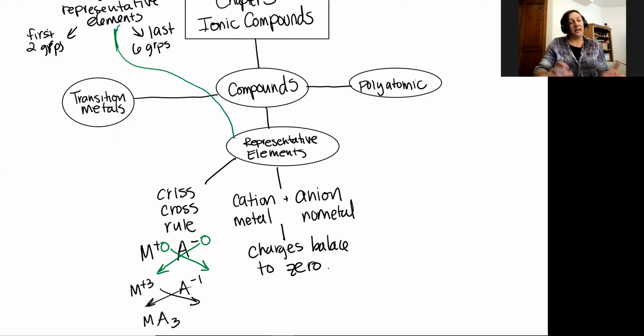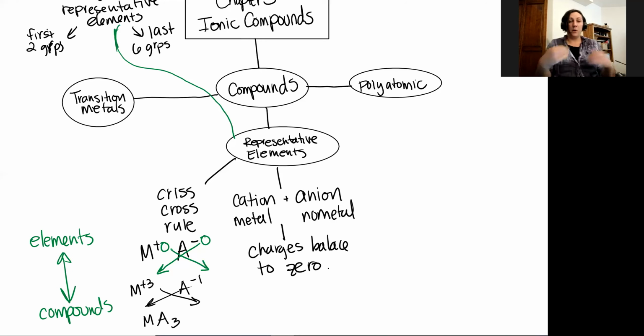Right, now the other component of this, we can go backwards, of course. We can take that chemical formula and do the reverse Criss-Cross Rule to determine what our charges are. So I would like everyone to be able to go from elements to compounds